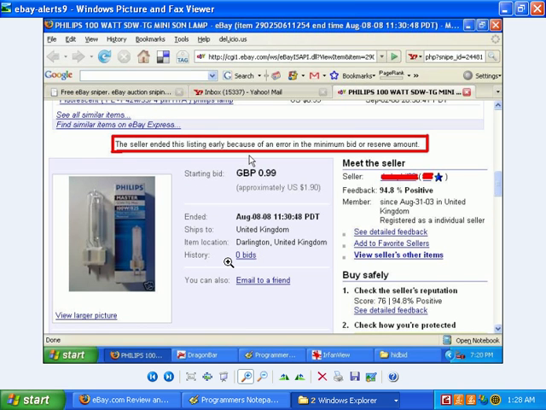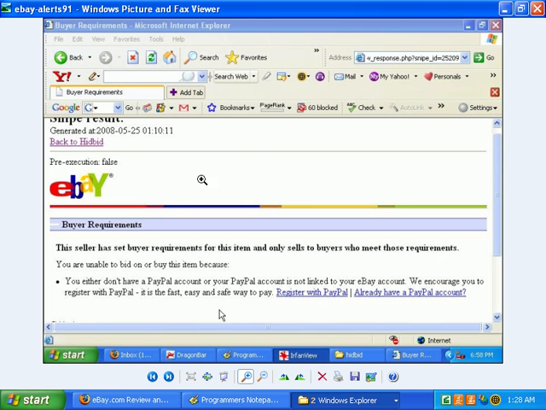And now here's another one that you may sometimes think was a bid error, which actually it's not. When an auction is ended early, there are a couple of different reasons that a seller can end an auction early. They say an error in the listing, or it has already been sold. I don't know, there may be one or two other ones, but that's another one. Let's see here, what else do I have? Okay, now